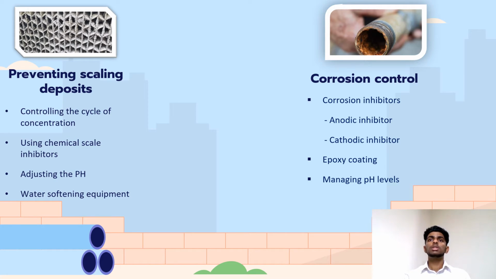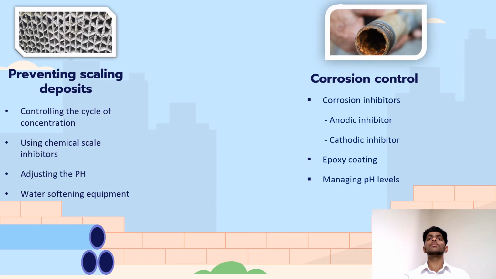Water softening equipment is water softener, dealkalizer, ion exchange to remove scale-forming minerals from makeup water. The quality of the makeup water can be adjusted by a water softener, a dealkalizer, or an ion exchange unit. In areas where only hardness reduction is required, a water softener is used, and where only alkalinity reduction is required, a dealkalizer is used. In areas where combined treatment is required, an ion exchange unit is used.